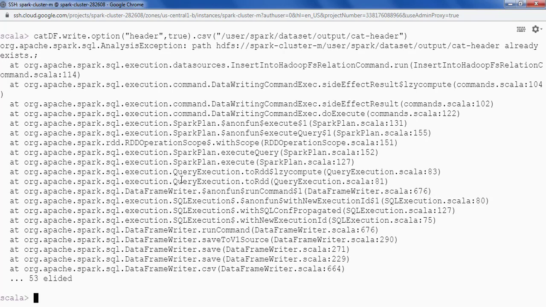Okay, the command failed. Why did it fail? Because it says analysis exception, this directory already exists. So you have to provide some more information to Spark whether to overwrite this directory or to append the data. For that, we have to specify the mode. Let's see how to specify the mode.